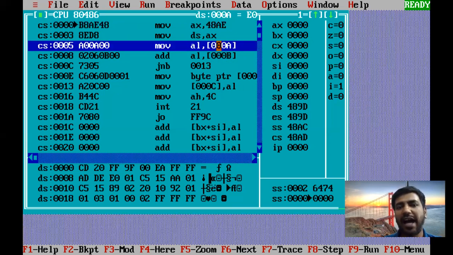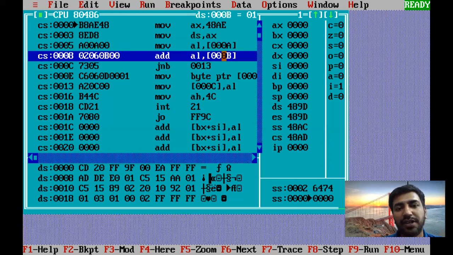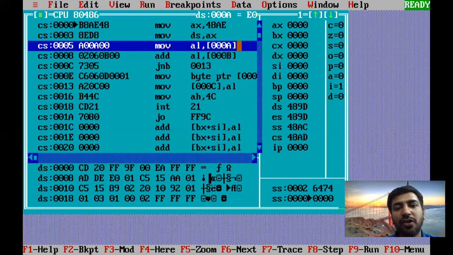If num1 had been a word location, it would have occupied both the A and B locations. But it's just a byte location. Its syntax is db, that's why it only has one location, A, whereas num2 has the second location, B. If you define them as data word, the number will occupy A and B both. The lower byte will have 00A and the higher byte will go into 00B.